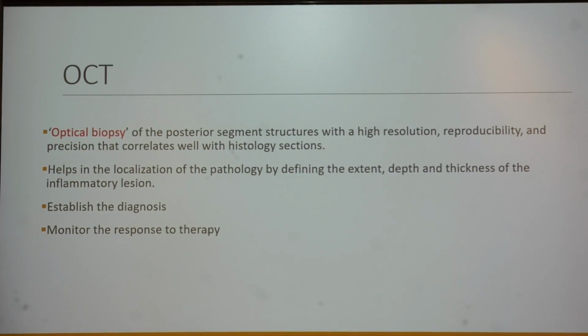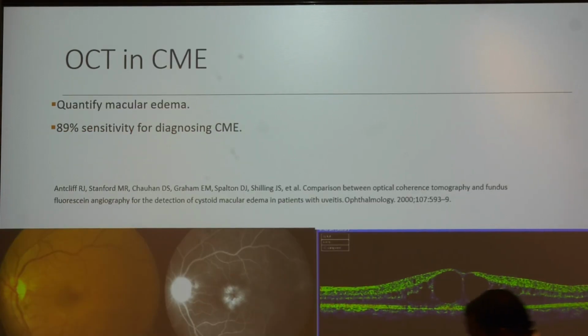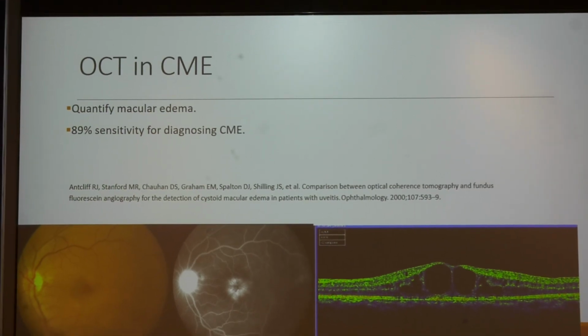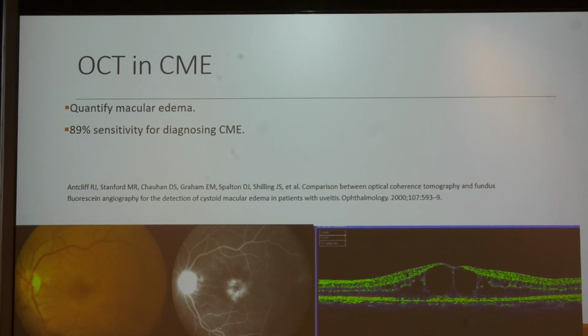OCT is an optical biopsy of posterior segment structures with high resolution, reproducibility and precision that correlates well with histology sections. It helps in the localization of pathology by defining the extent, depth and thickness of the inflammatory lesion. So we will start from anterior and intermediate uveitis. Why do a posterior segment OCT in anterior and intermediate uveitis? To identify a CME. OCT helps in quantifying the macular edema, which has 89% sensitivity for the diagnosis of CME